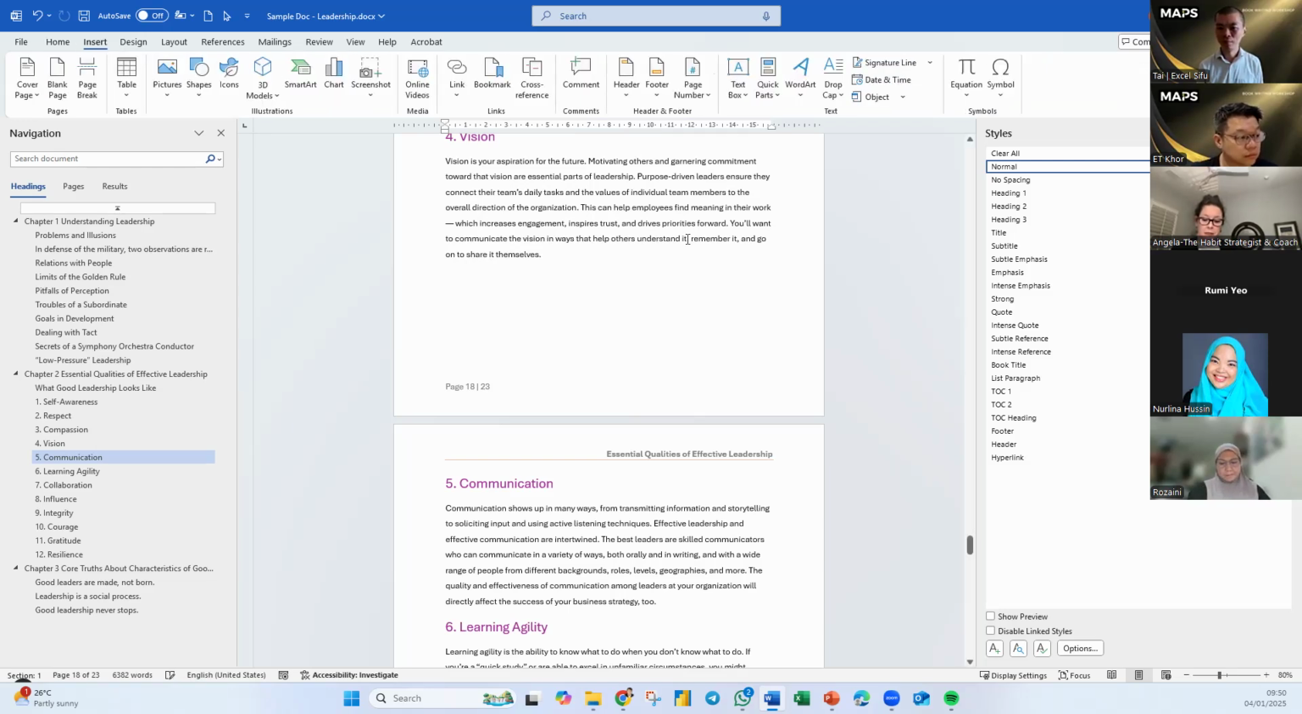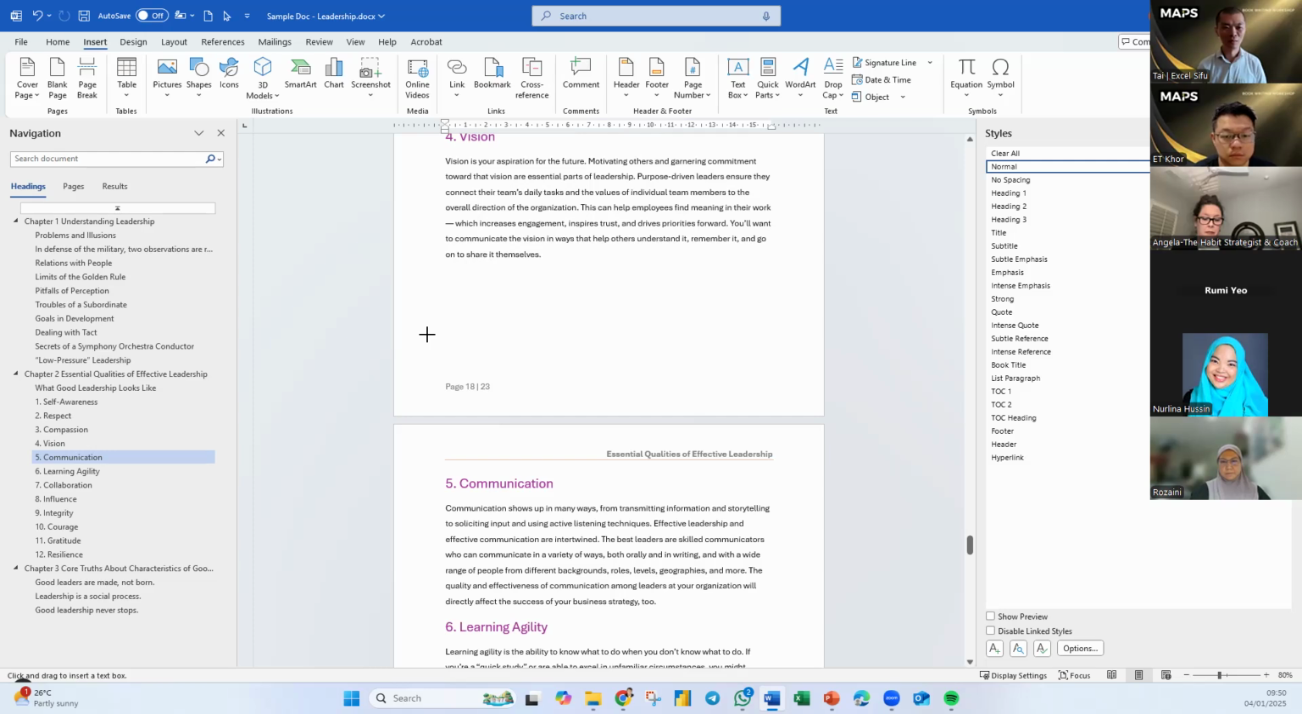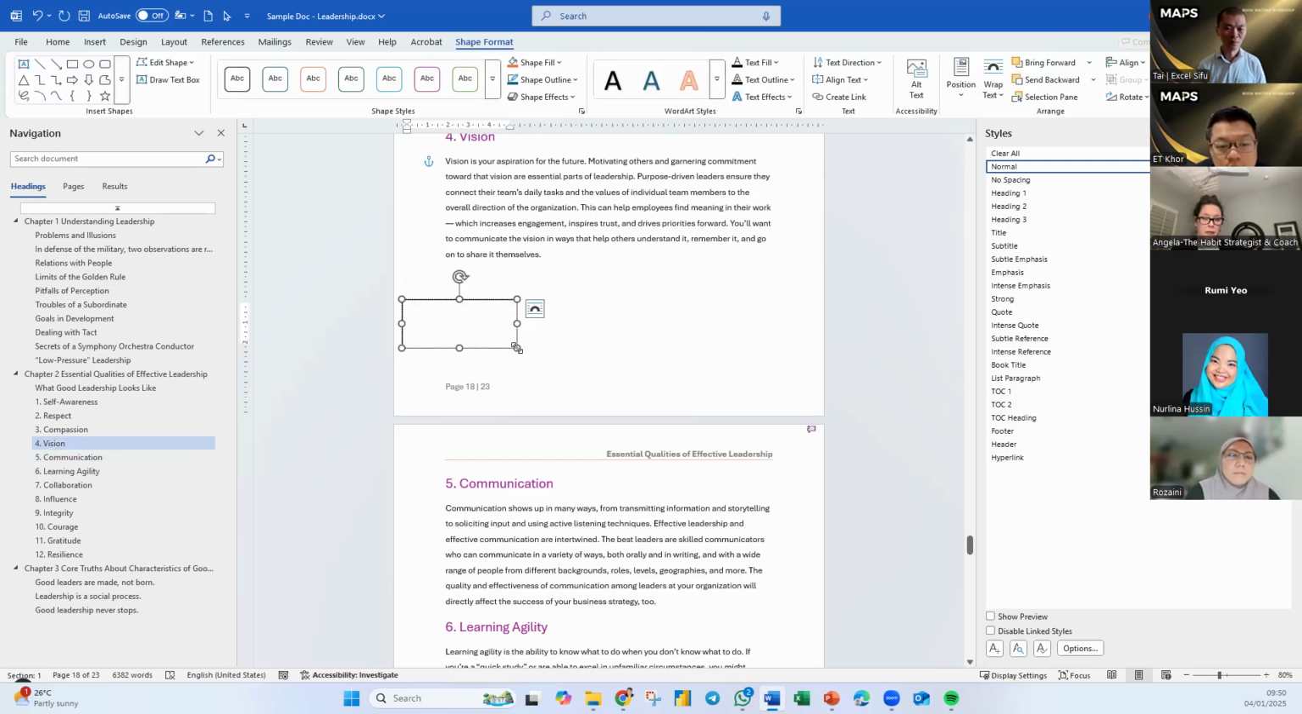Now, some of you wanted me to be a bit more creative, so you can do things like this. You draw a box, any way you want, and you want to put in the page numbering. So you just go to the